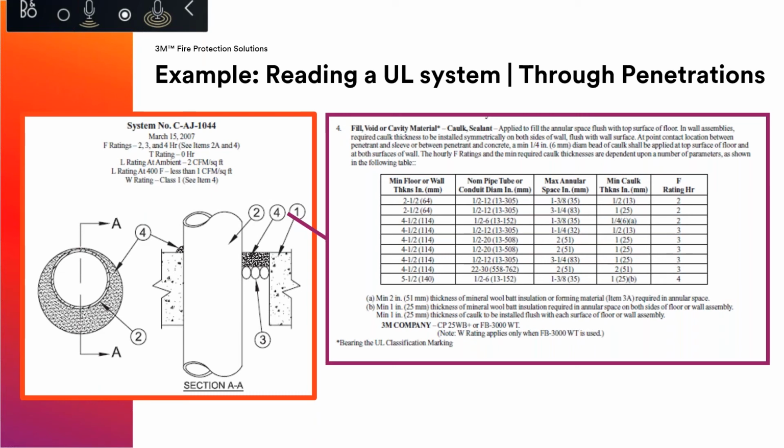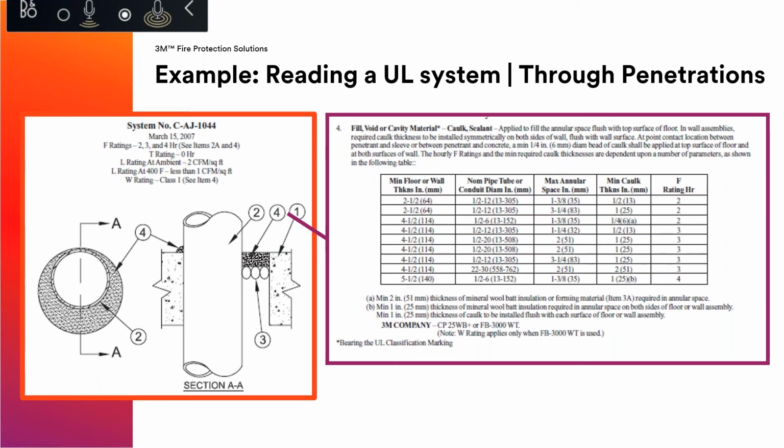At the very bottom of a tested assembly, it's going to then identify the products that were tested. In this case, very common intumescent materials, one being acrylic, one being a silicone base. Again, we don't have a lot of time, so this is just an overview of a very common, very typical UL assembly. But you need to know the substrate types, the hourly rating requirements, the penetrant type, the annular space,